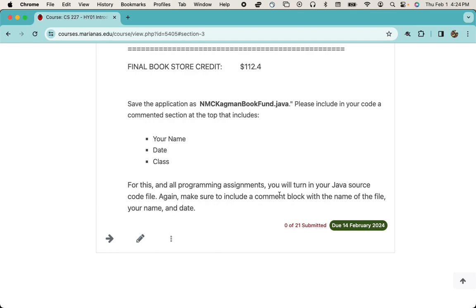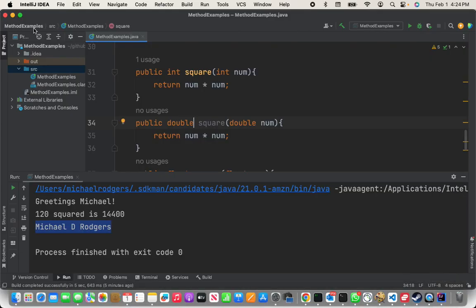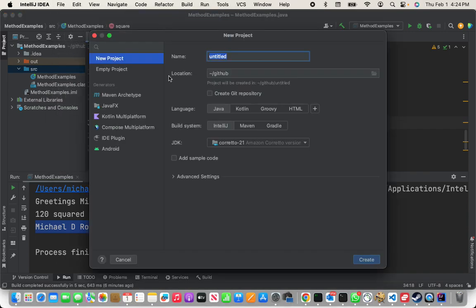I'm going to tell you, this is not a hard program. In fact, are you ready for this? You got your IntelliJ ready? Some of you are like, I don't know. I'm trying to prime the pump here, guys. You're ready. Okay. Let's go to File, New Project. And we have to call this, what is it? NMC